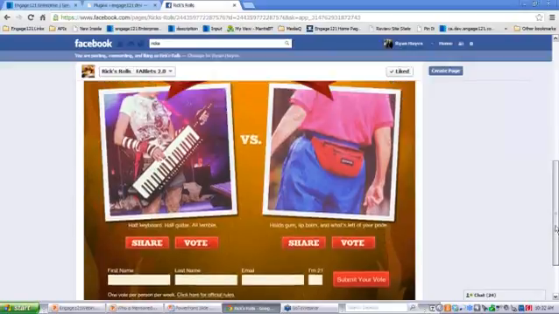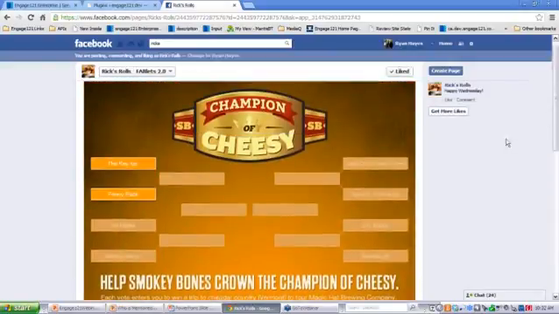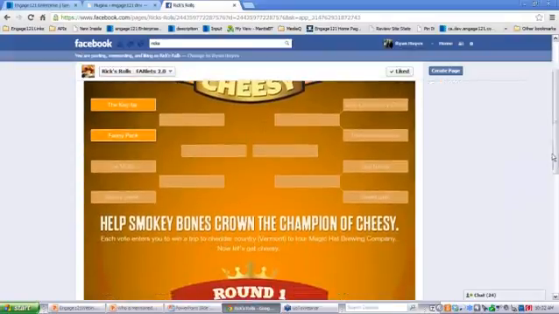And so every week they'll be republishing this with a new set of cheesy things. So, for example, the mullet versus skinny jeans, and they'll just keep on updating this and republishing it to crown their champion of cheesy. And those who enter votes get entered in their contest for a trip to Vermont and a tour of the Magic Hat Brewing Company. So just an example of something that's mostly already in the system with our standard